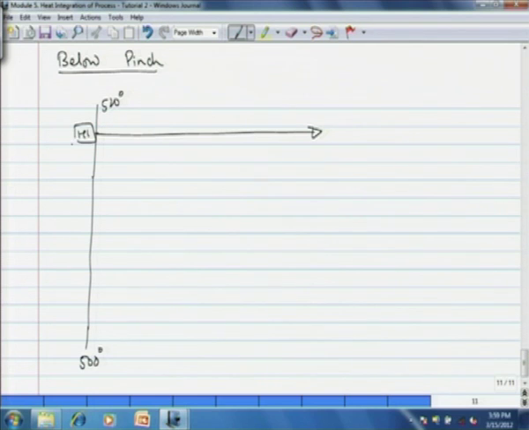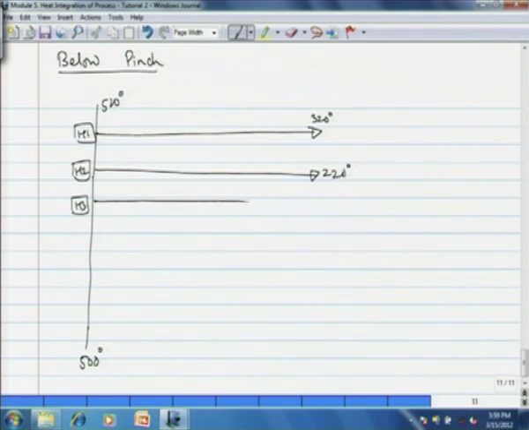H1 goes from 520 to 320, H2 goes from 520 to 220, then H3 goes again from 520 to 320, H4 is also there. H4 goes from 520 to 353,